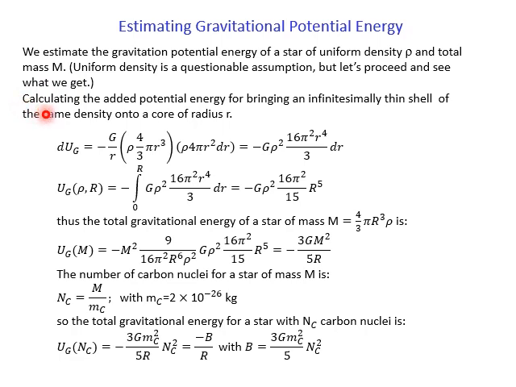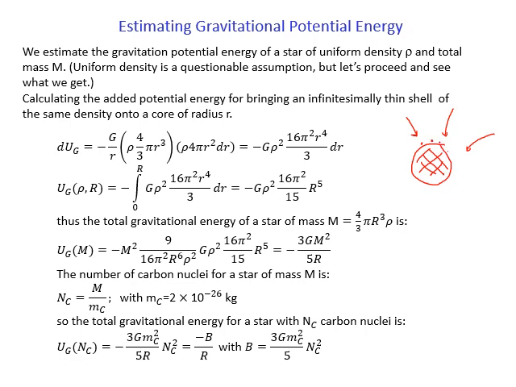So what we do is think about a system that has a uniform density throughout. So that's a spherical system with uniform density. And then we're going to bring in mass from the outside. And we're going to ask, how much potential energy do we gain